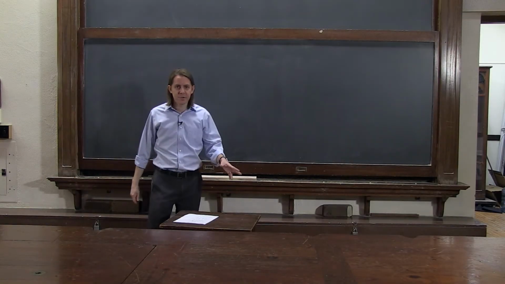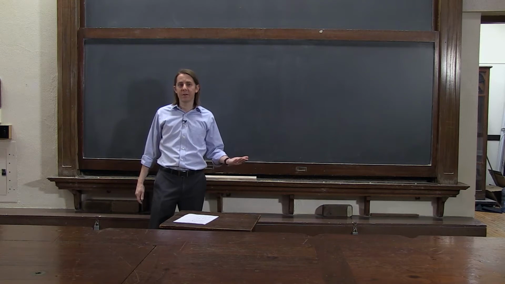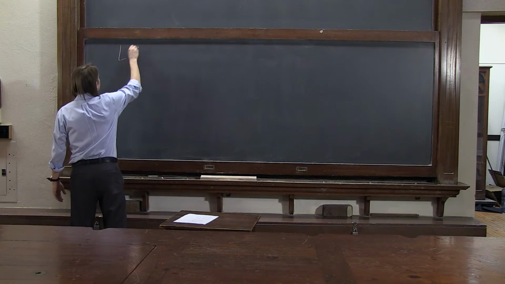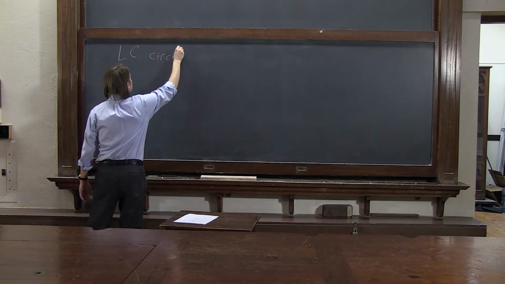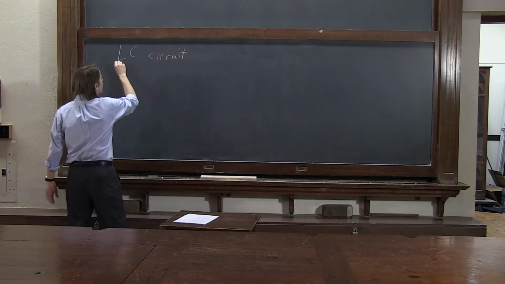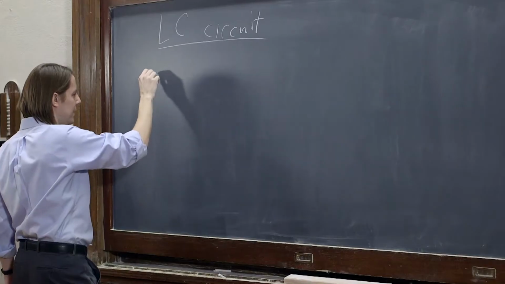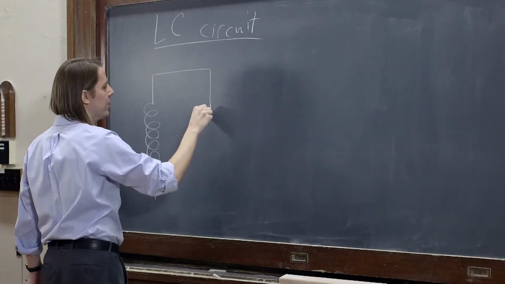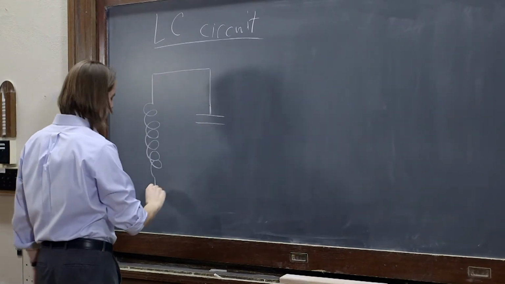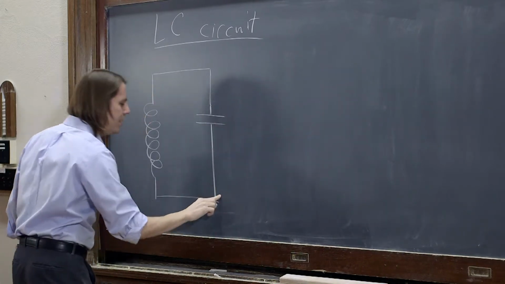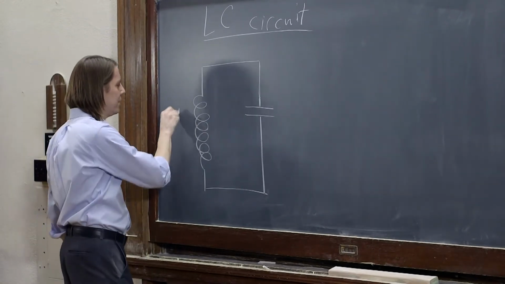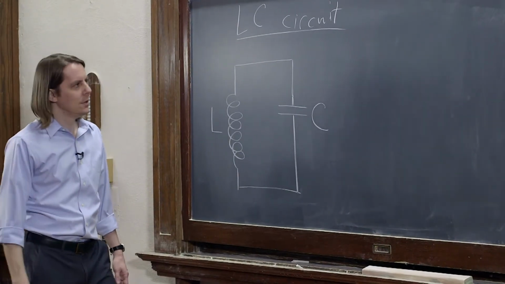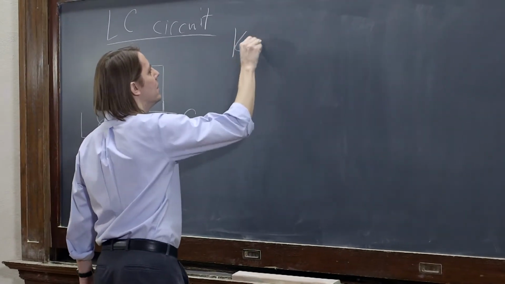We have done an RC circuit, we have done an LR circuit, so I think the only thing left in terms of these fundamental circuits is an LC circuit. That, of course, is a circuit that has an inductor and a capacitor, and we're not even going to put a battery in it. What would happen if we just had this inductor and this capacitor staring each other down like that? LC. Well, let's apply